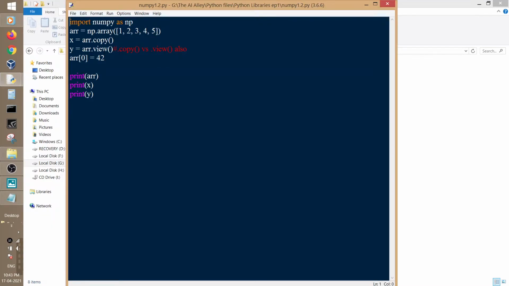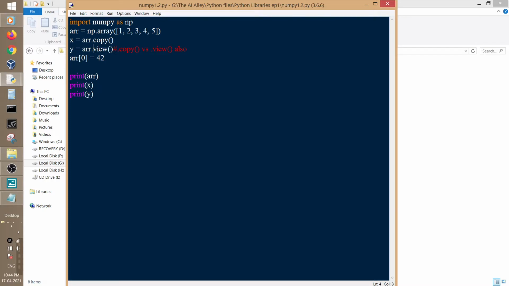So here I am demonstrating two functions, that is copy and view. So copy is similar to what you must have seen in list or any other data structures of Python, and view is a kind of a different function which will simply view the elements in the array.